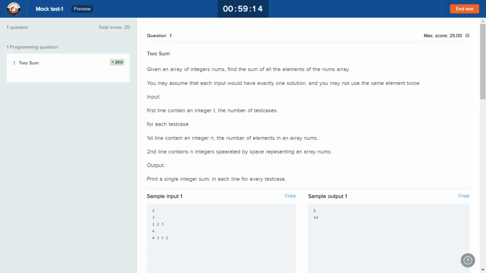Now there is an input format and there is an output format, and we have to adhere to the guidelines given here. If we do not stick to the guidelines, then probably your program is correct, but it will give the wrong output, because the evaluation or checking of your program is done automatically.